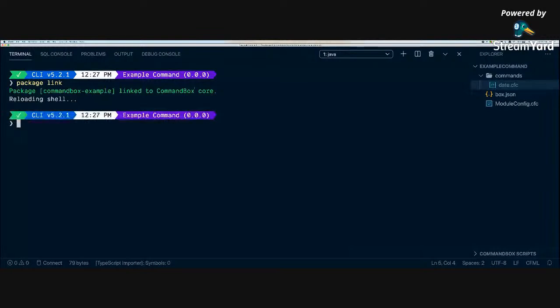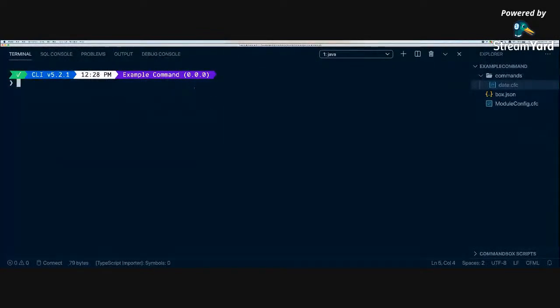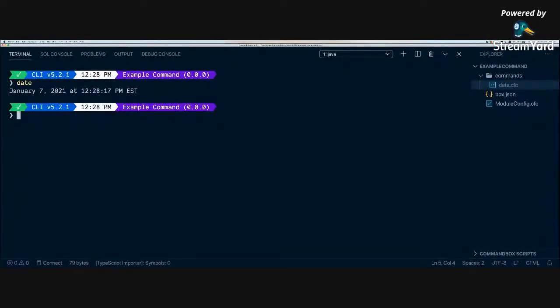The package unlink command, unsurprisingly, will remove that symlink for you. So I've run package link, and I have a basic command set up here. The command's name is date. So if I start writing date, I've got that command there, and it returns the date formatted in a long